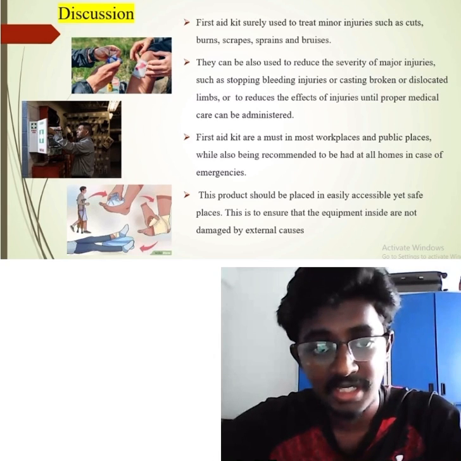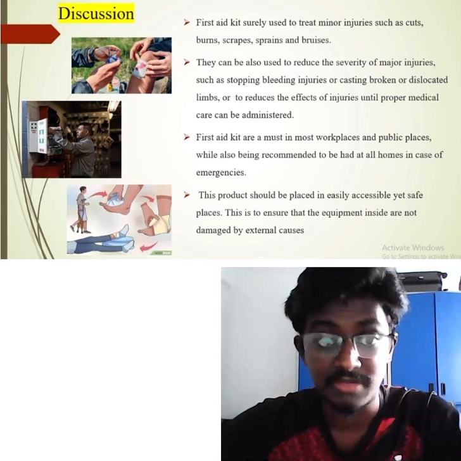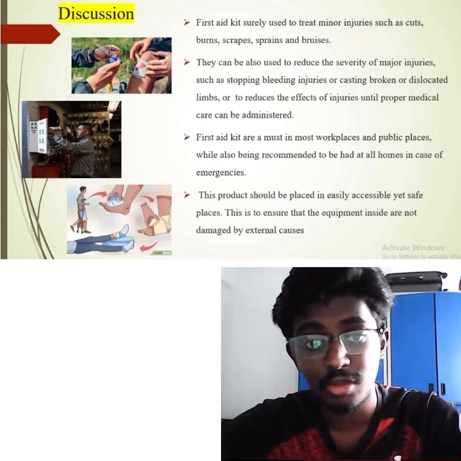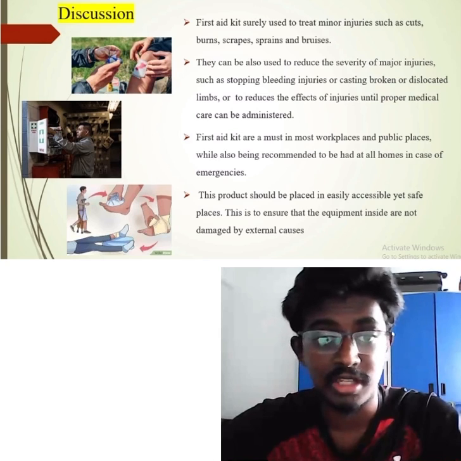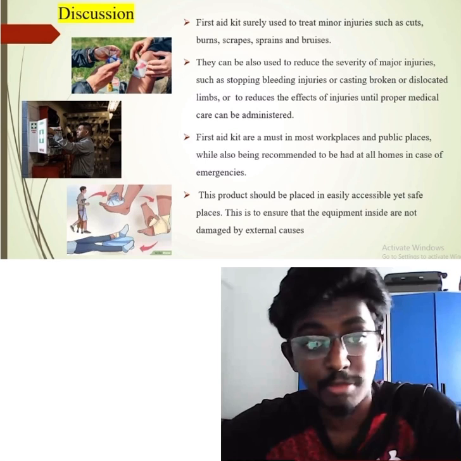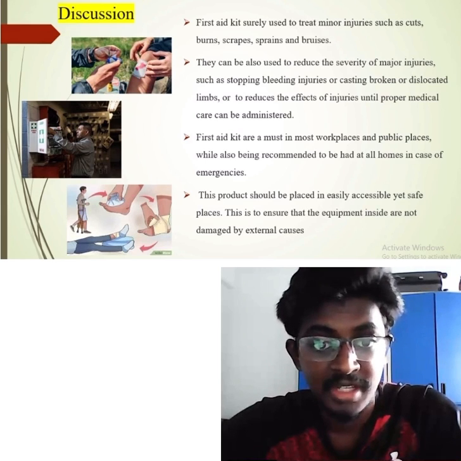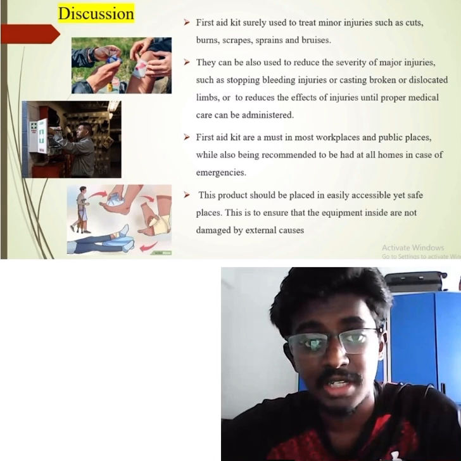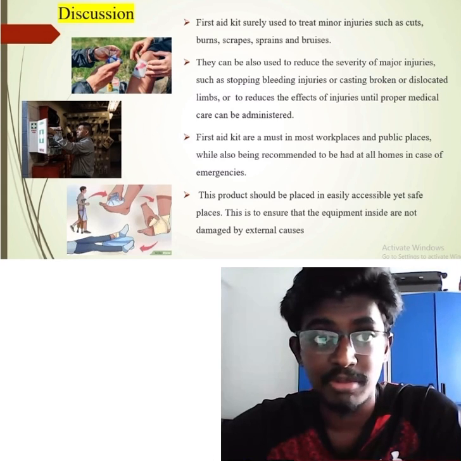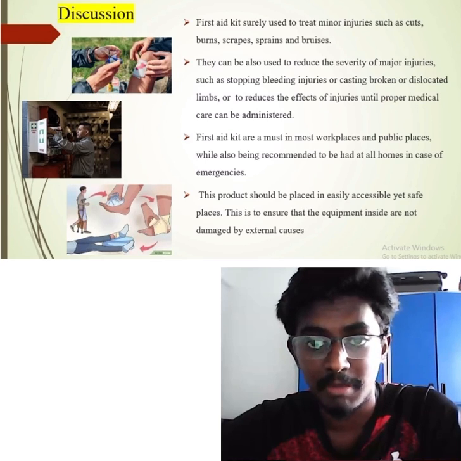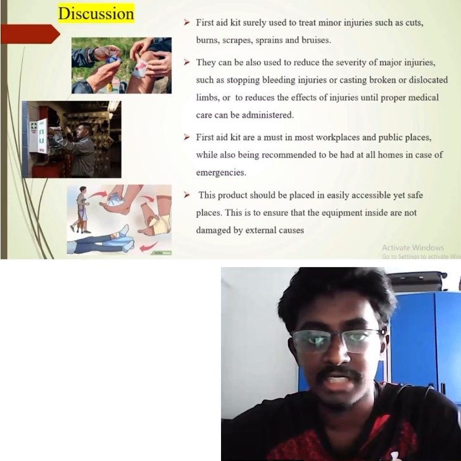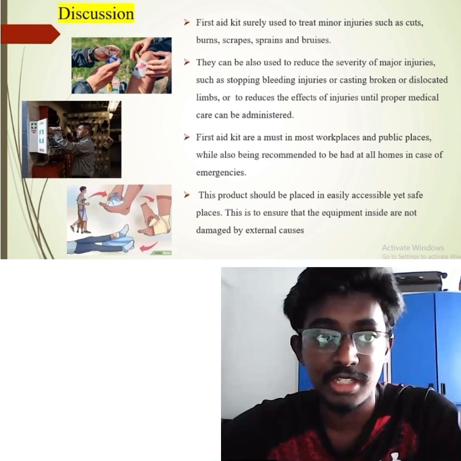And the first aid kit can also be used to reduce the severity of major injuries such as stopping bleeding injuries or casting broken bones or dislocated limbs. They are also used to reduce the effect of injuries until proper medical care can be administered. In the case of bleeding injuries, first aid kit is irreplaceable in preventing the blood loss from injured personnel, so that their situations do not deteriorate into worse,